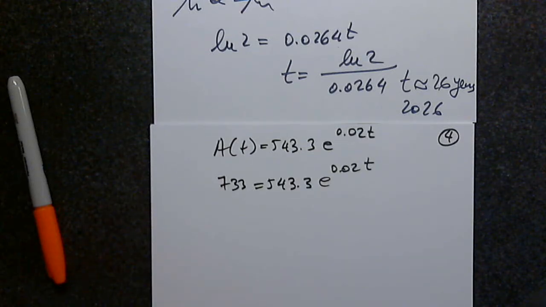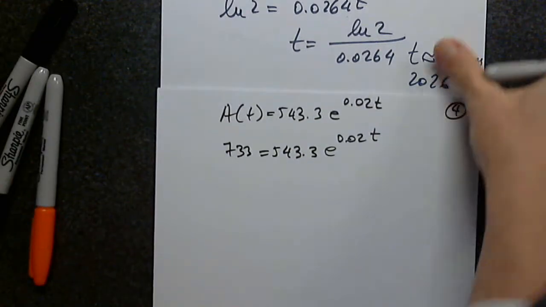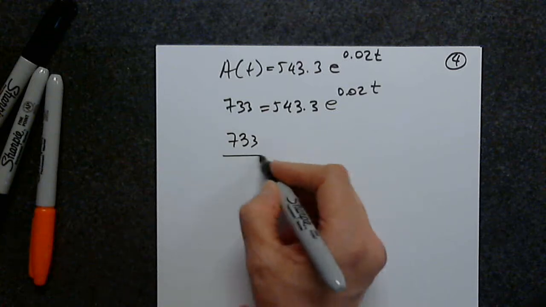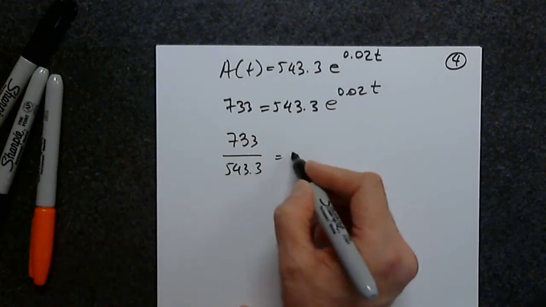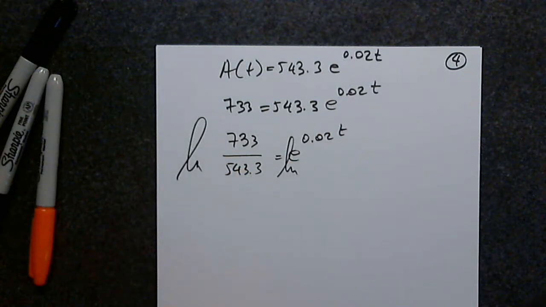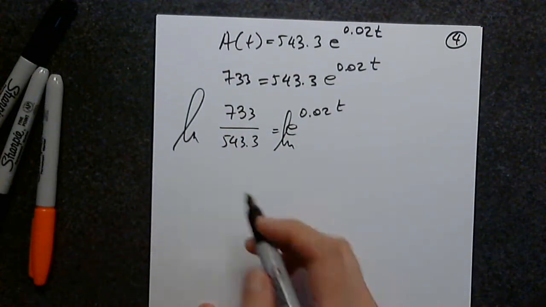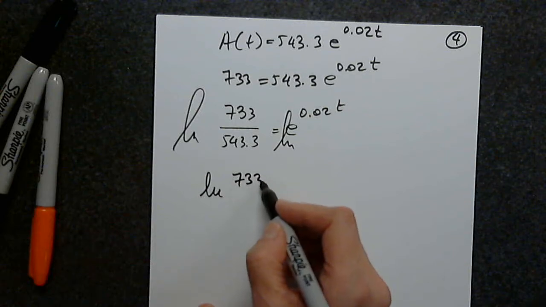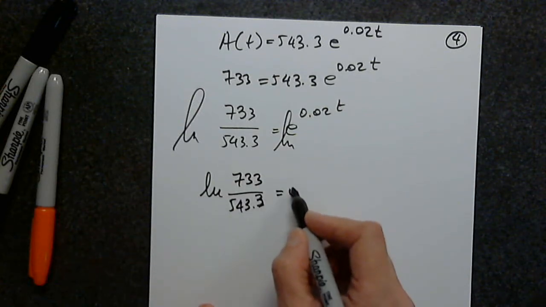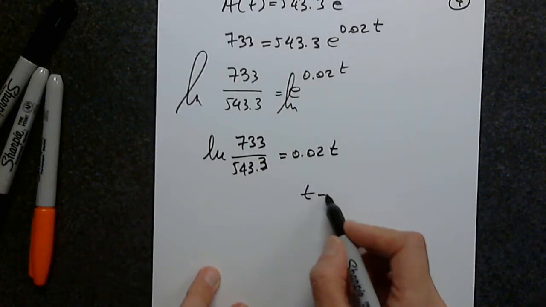You will have to do what first? Right, getting ready to apply natural log. So natural log of 733 over 543.3 equals 0.02t. So therefore t